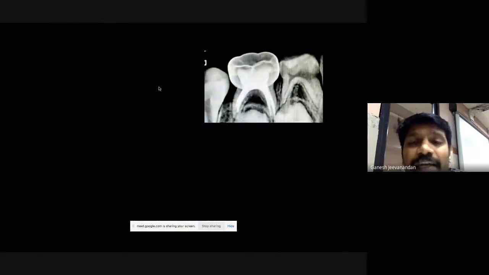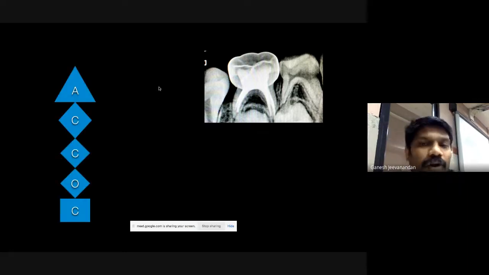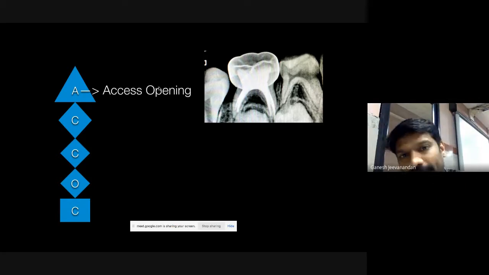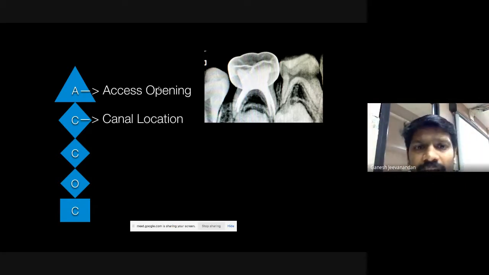So up to this stage, we do a pulpectomy and we give a crown. What all steps are involved? I will give you a keyword. You can note it down or keep it in your mind. It's called ACCOC. A stands for access opening. C stands for canal location.